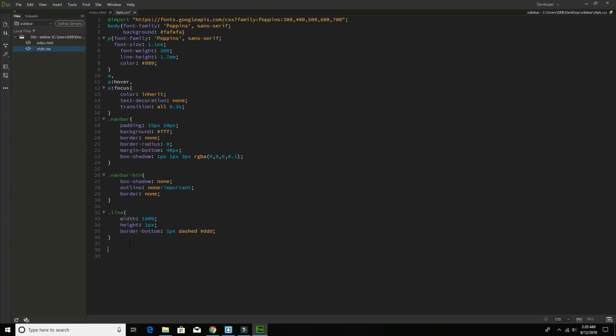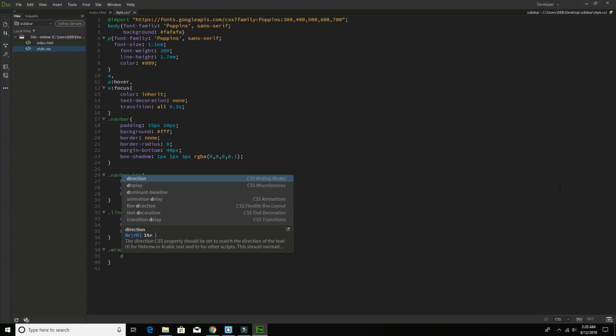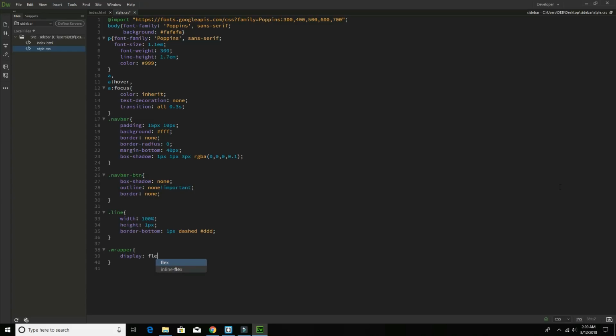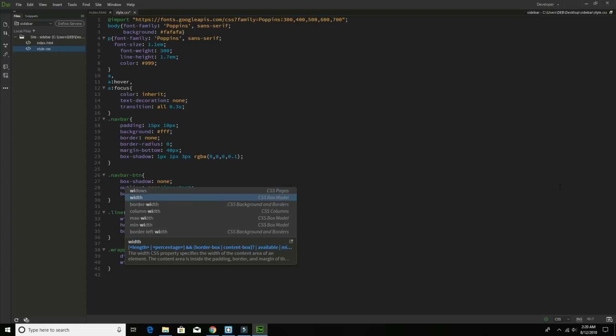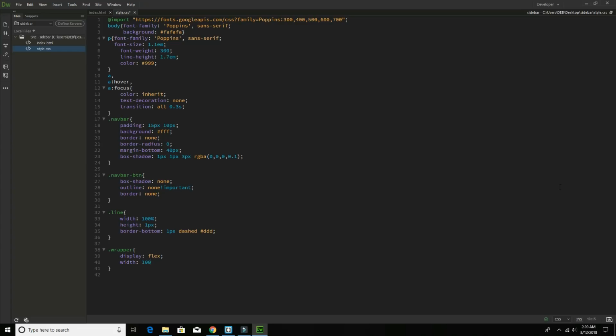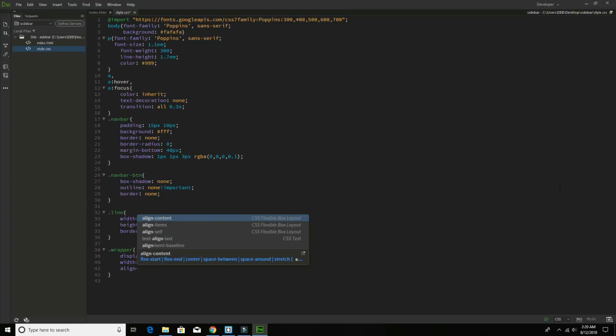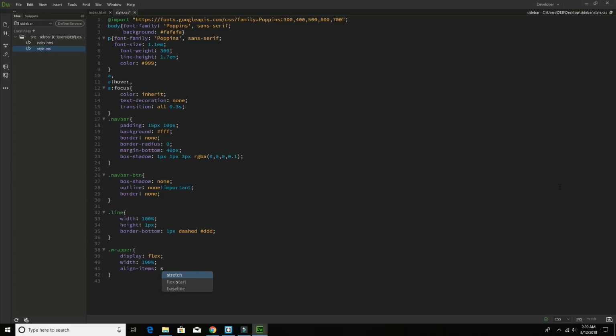normal styles. Now I have to design this sidebar. Okay, so for that, wrapper, in wrapper display should be flex, width 100%, and align items should be stretch. Okay, after that